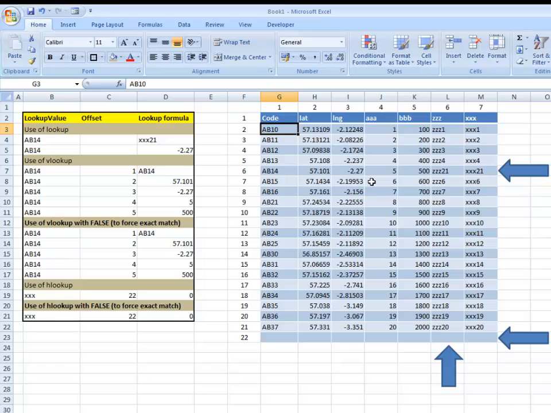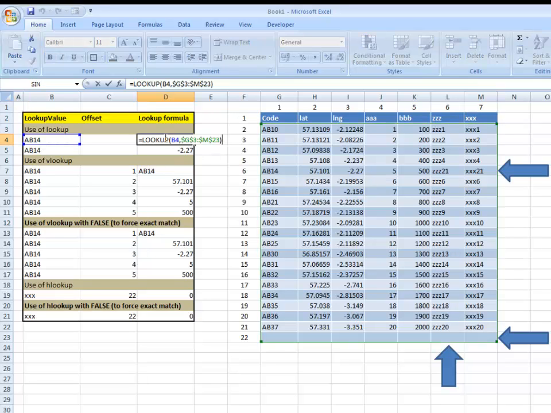I've just created a table here with postcode, latitude, longitude, and then I've added some additional columns A, B, Z, and X. If we just look at the lookup formula, we can see that